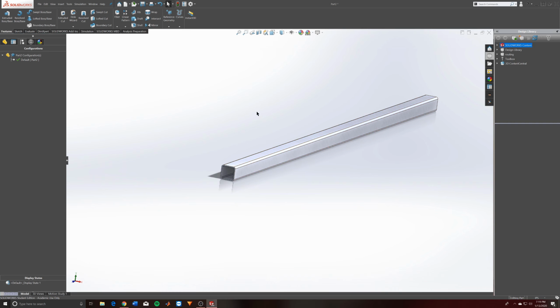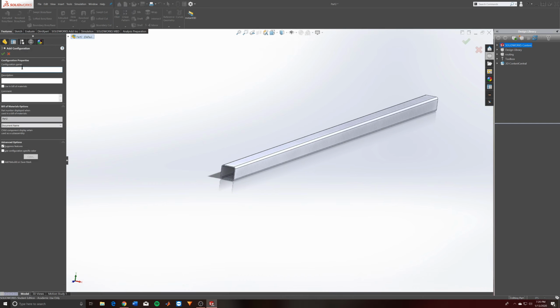So say we want to make an 8-foot segment right now. If you're in your manager design tree over here, make your way over to configuration manager, and then just right click on your part name and go add configuration. Just name it whatever you're going to call it, but I'm going to say 8-foot steel 4x4 by